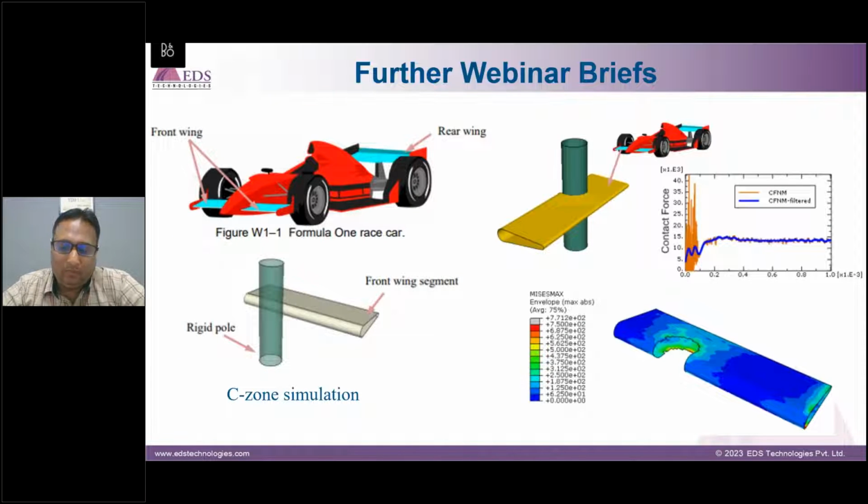Then we have another add-on plugin known as C-Zone, where, suppose a Formula One car is there as an example, and it is in interaction with a rigid pole, how will it behave, whether it is only deforming or crushing is happening. So the C-Zone plugin is there, where we have the crushing analysis of the composites and how it will behave. So this is also a very important